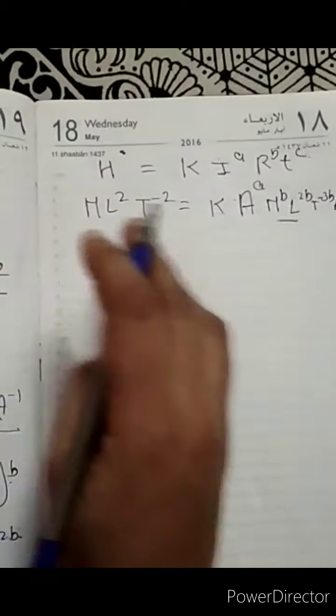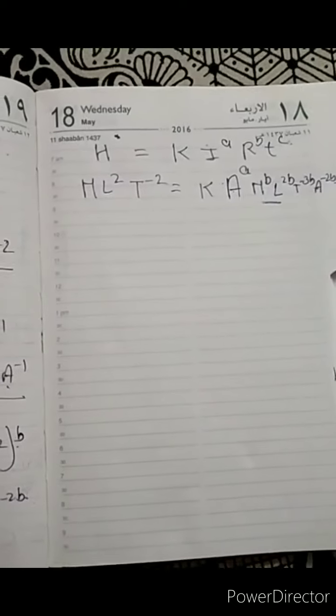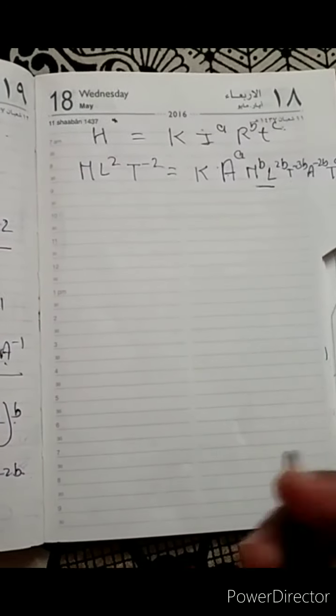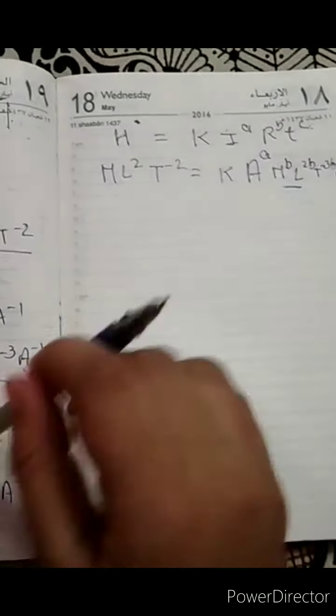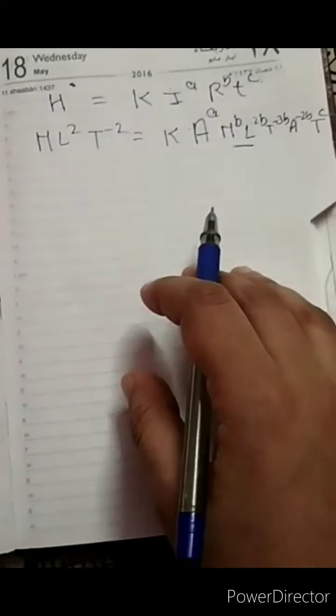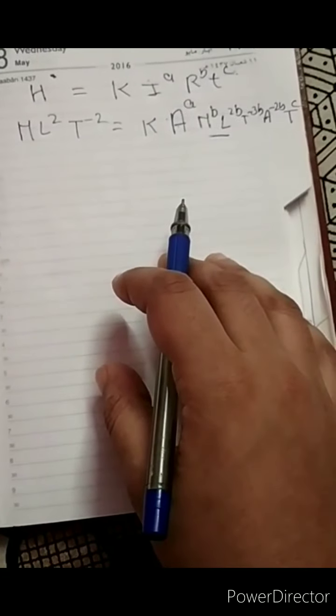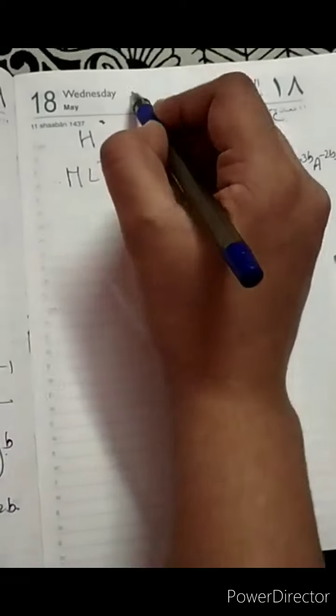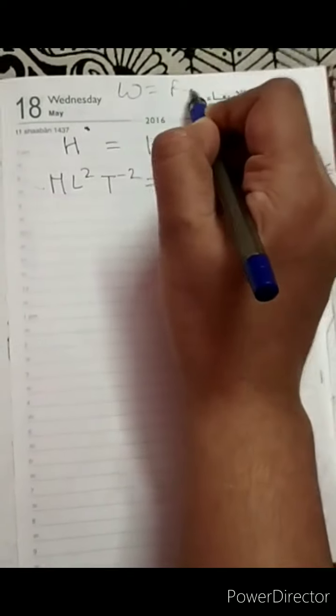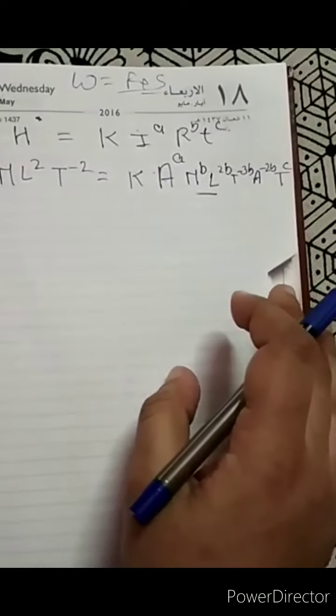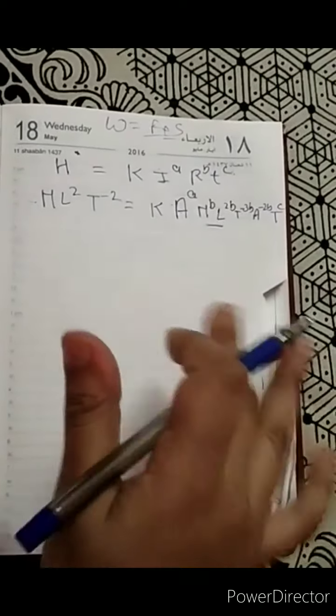And I'm very sorry for this. H is energy, energy is work done. Oh, sorry, I mean to say the energy dimension formula is ML²T⁻². Okay, because how we got this ML², from work done is equals to force into displacement. From that we got this MLT⁻² term. Please check it out in part 1, part 2. Okay, fine.